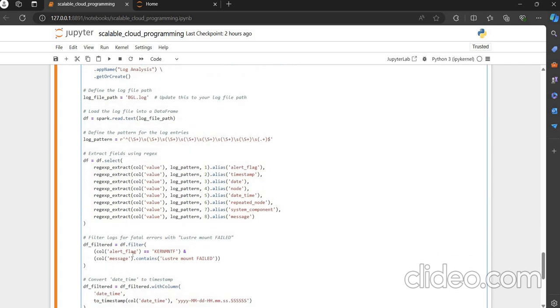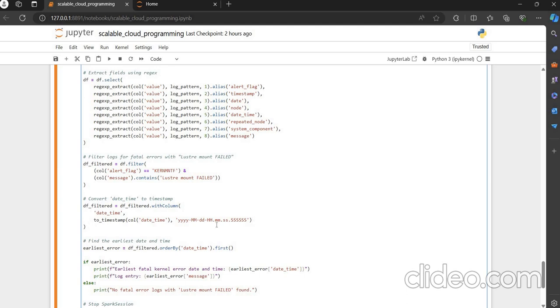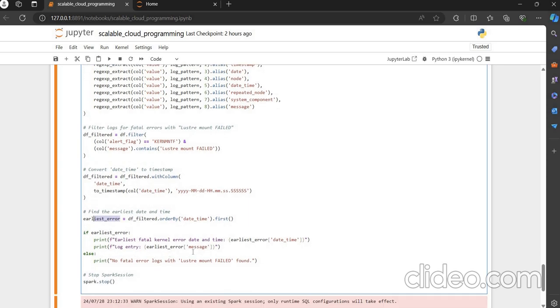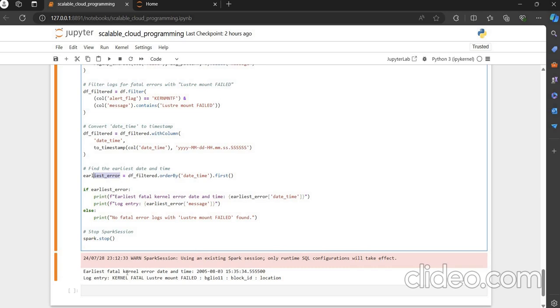Further we are filtering the complete data using the alert flag variable and the message Lustre mount failed, so that the particular log entries are filtered. Once the date time and timestamp are filtered out from the complete data, and a separate data frame, df filtered, is created, we are ordering that data frame based on the date time, and we are storing the first entry in the variable earliest error, and then lastly we are printing that error with the error message and the complete log entry. So we can see the earliest fatal kernel error date and time was on 3rd August 2005